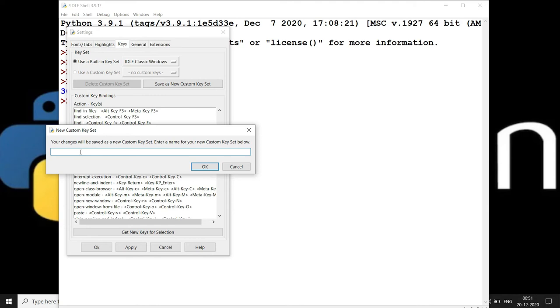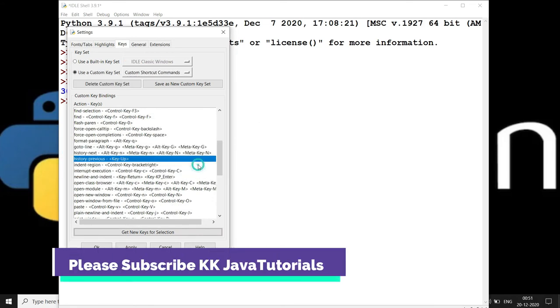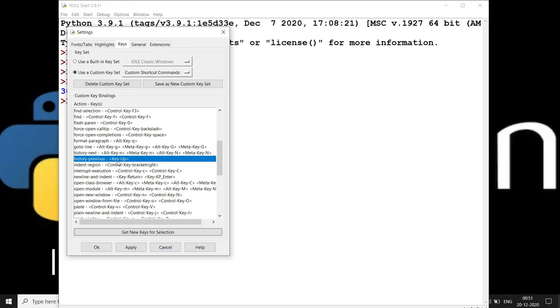Here I'm going to write custom shortcut commands; any name you can give. If I click OK, you can see custom shortcut commands has been created, and there is a tick. So we have customized it. Now if I press the up key, this will give us the previous command.